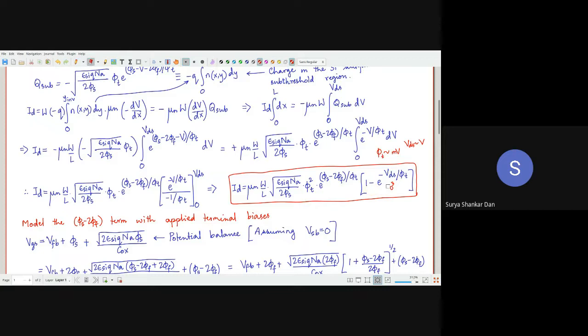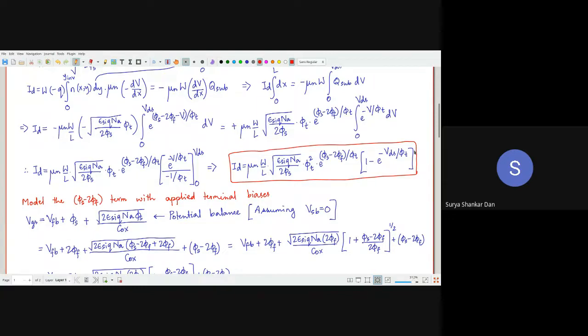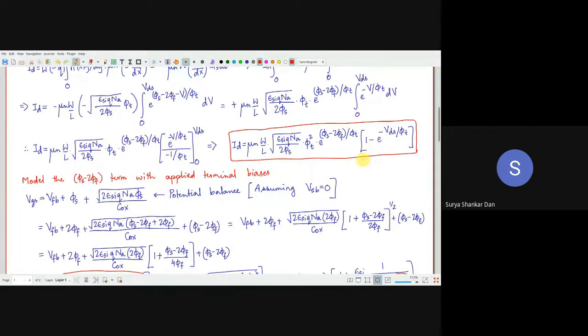Are you understanding? First of all, we are going to learn a very good thing, so understand carefully. If VDS is sufficiently large in the subthreshold region, remember this is e to the power of minus a large quantity. Then we can easily say, if we talk about the subthreshold region, where VGS is slightly less than VT, if you plot ID versus VDS, what will happen? How will it look?